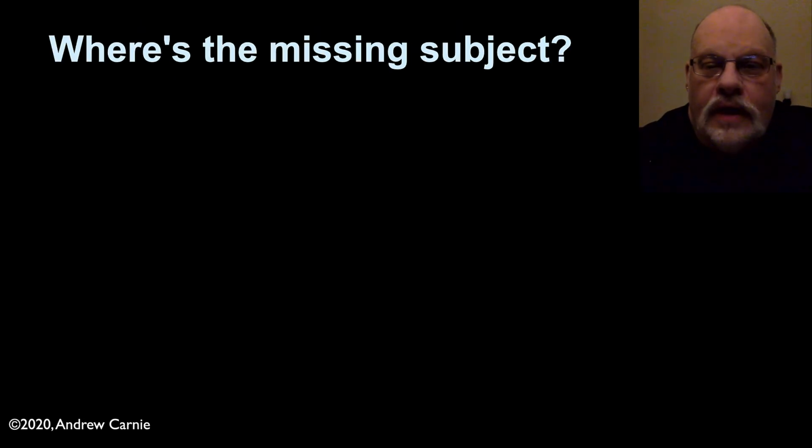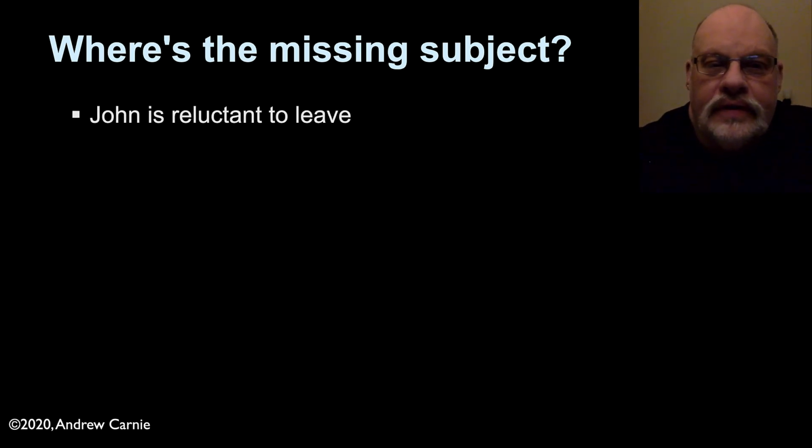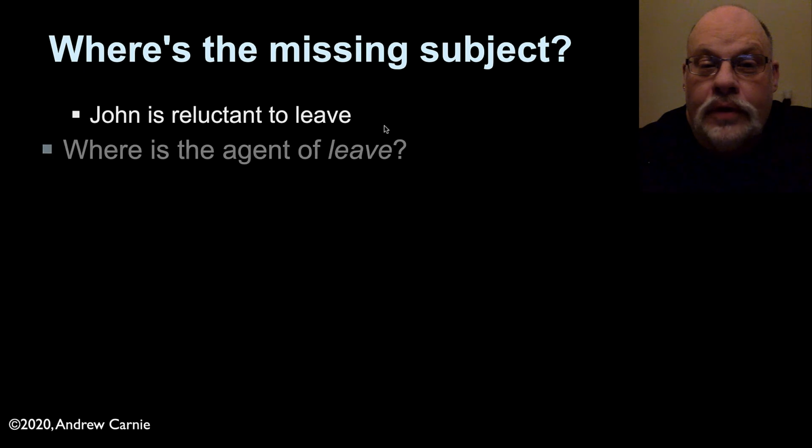Okay, let's talk about where the missing subject is in control constructions. So in the sentence, John is reluctant to leave, John is getting a theta role from reluctant, but it also appears to be getting a theta role from leave. This is an explicit violation of the theta criterion because DPs are supposed to receive 1 and only 1 theta role. We seem to be missing a DP that's functioning as the subject of to leave. Now, what's the linguist's favorite way of dealing with stuff that's missing? We propose there's null things. And that's precisely what we're going to do here.